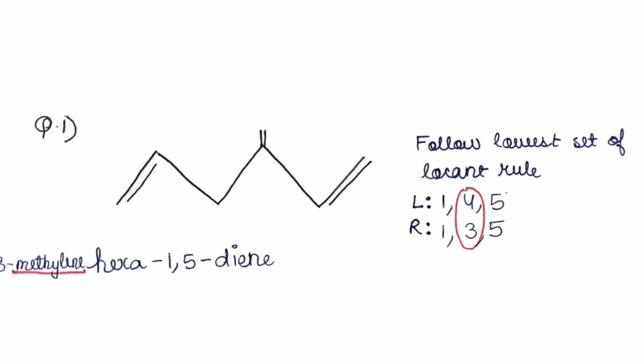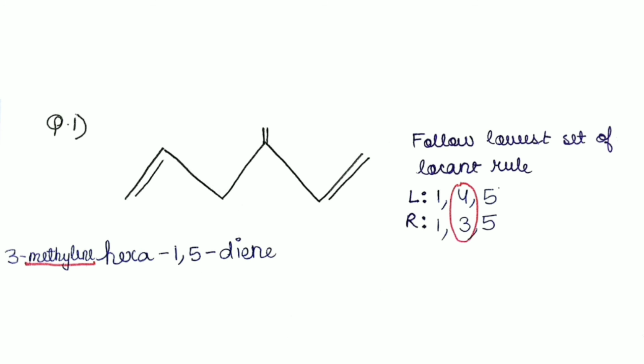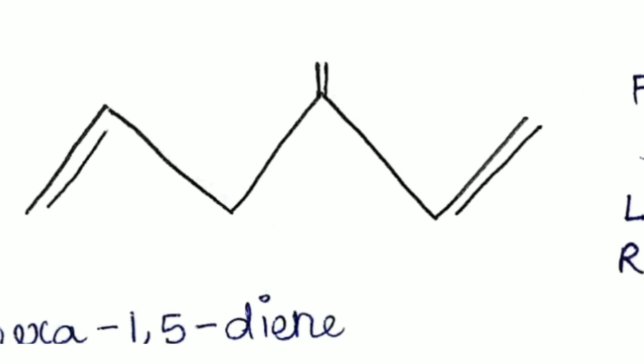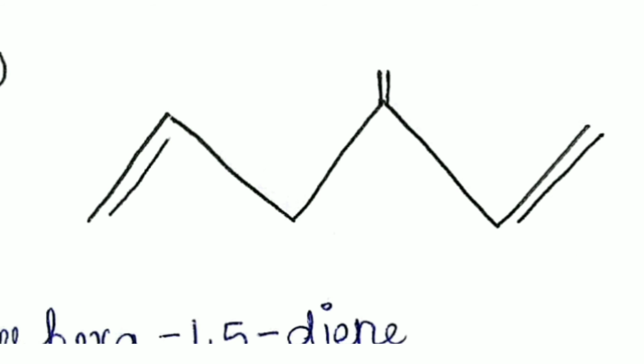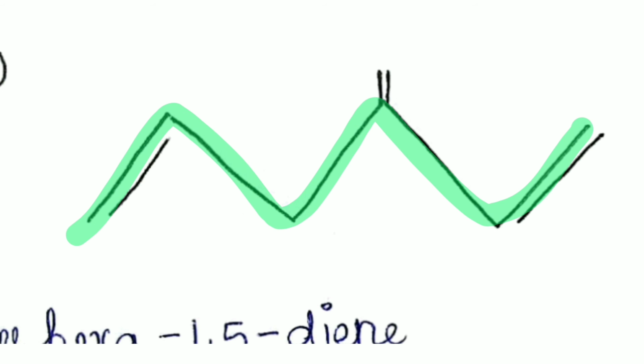So guys, let's try this very question we have over here. Now we know that we have to choose that chain as our principal carbon chain which has the maximum number of multiple bonds. So we could have chosen this as our principal carbon chain, as it has 1, 2, 3, 4, 5 carbon atoms, or we can also select this as our principal carbon chain. So which one will we select as our principal carbon chain?